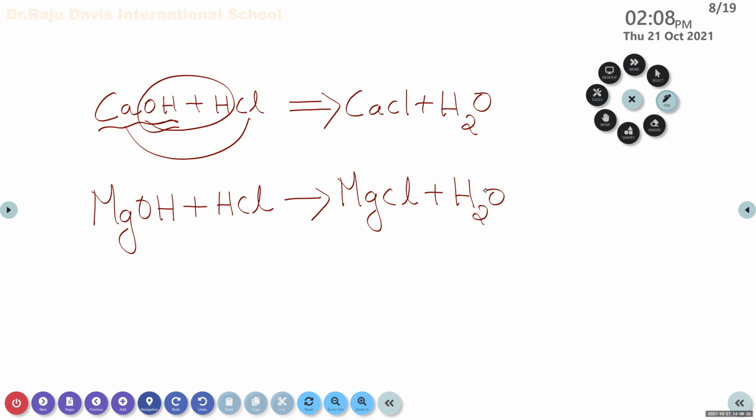Okay. Similarly, aluminium hydroxide. Actually, it is a complicated reaction. That's all. Calcium hydroxide, magnesium hydroxide, sodium hydroxide, whenever they react with HCl, they combine together and form the corresponding salt and water. Is it clear? Yes, ma'am. So the salt formed depends upon the type of acid and base which react together. So MgCl salt is formed whenever MgOH reacts with HCl. Similarly, CaCl salt is formed whenever calcium hydroxide reacts with HCl. Is it clear? Yes, ma'am.